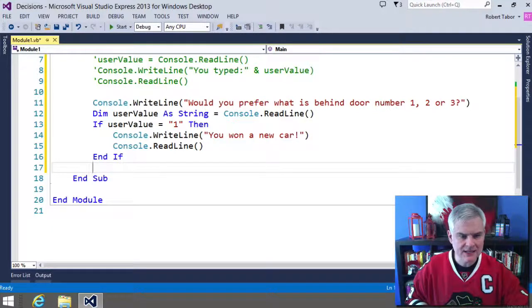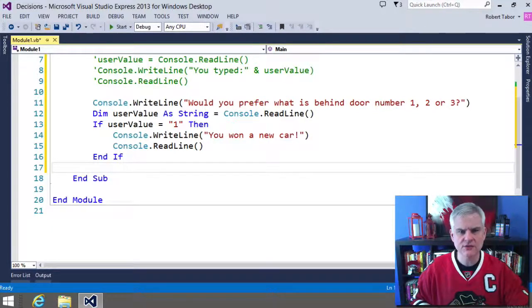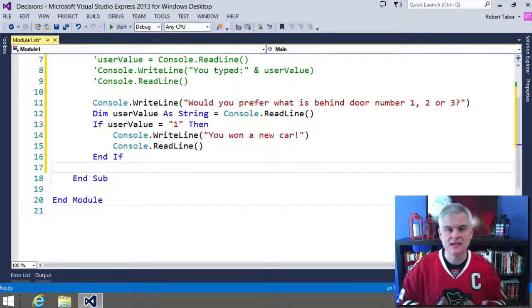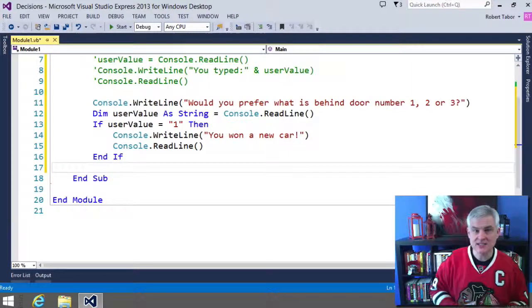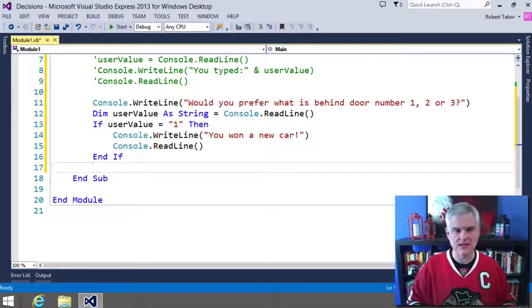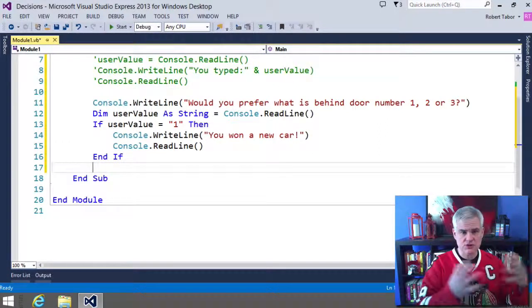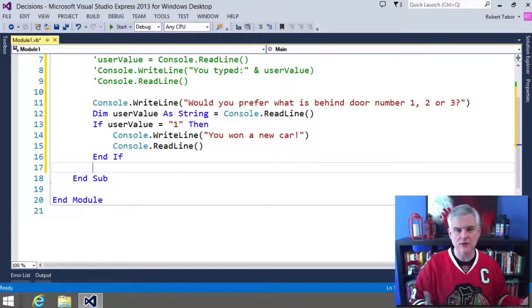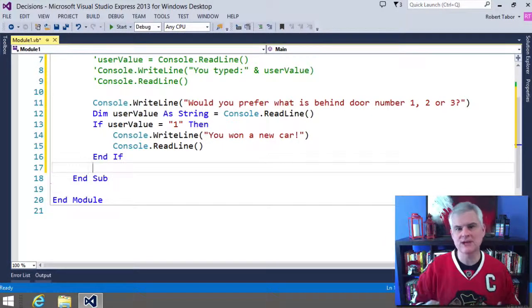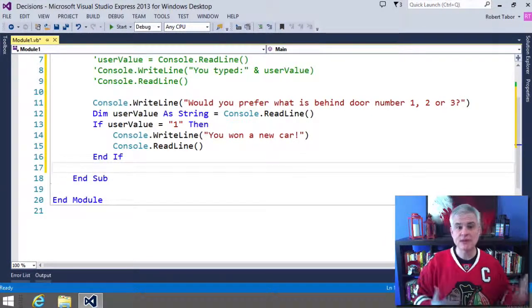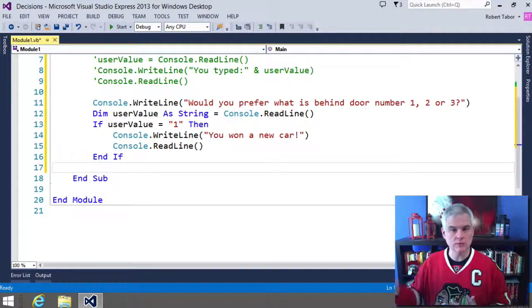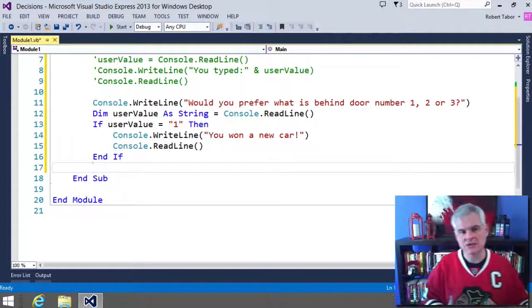So in line number 13, the statement begins with the keyword If. Next is the condition that'll be evaluated: userValue equals 1. So we're evaluating the string userValue that was retrieved from the Console.ReadLine. If that value is 1, then the next line of code will be executed,